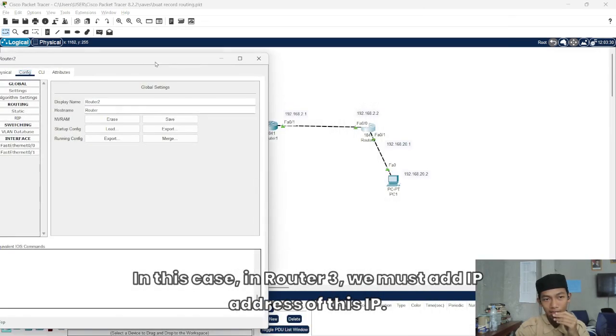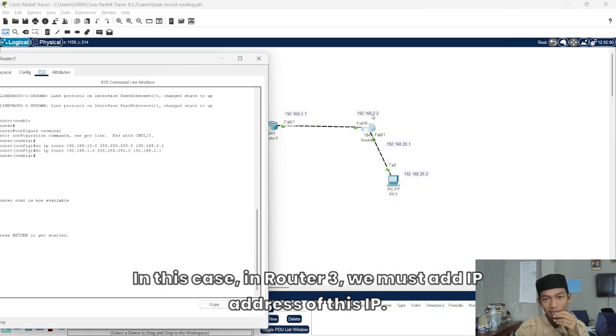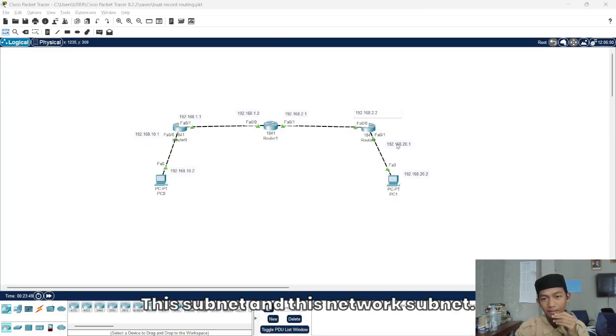Okay, now next is router 3. In router 3, we must add the subnet of this IP and this network subnet.